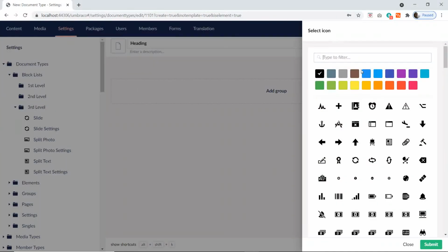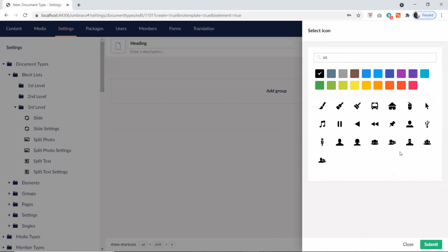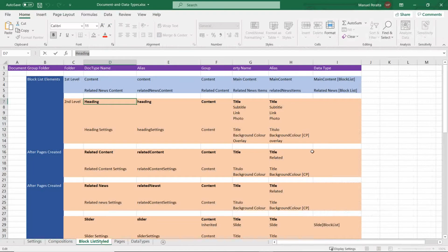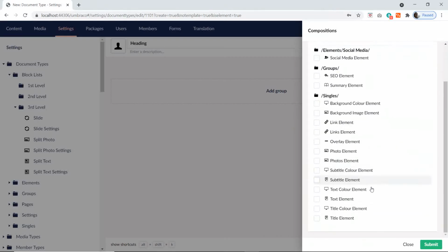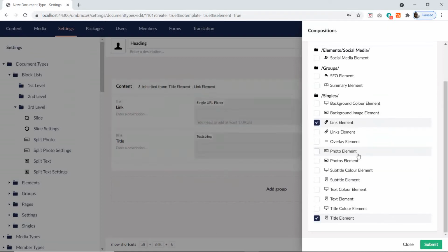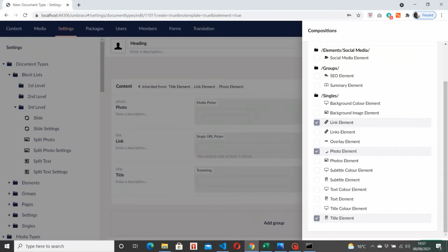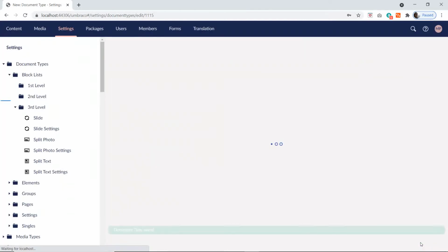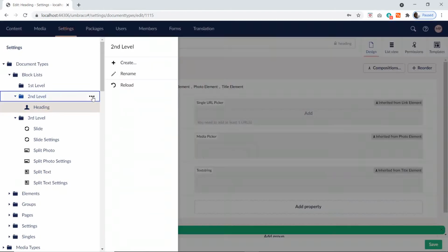And we find a user for the heading, and let's double check. So we need title, subtitle, link, and a photo. So we've got title, subtitle, link, and a photo. And we say okay to that. Now we need to create the heading